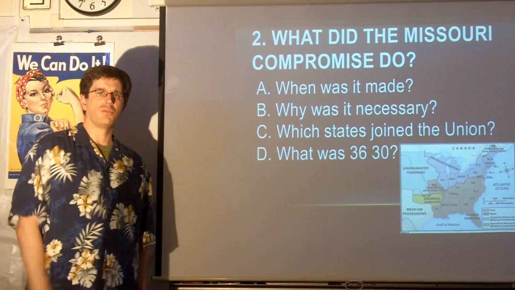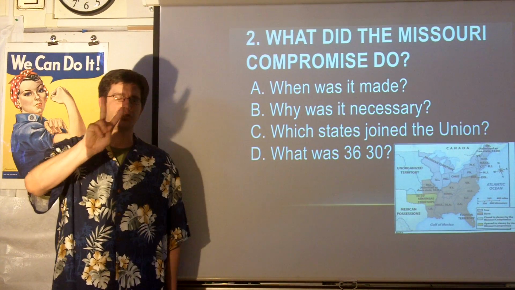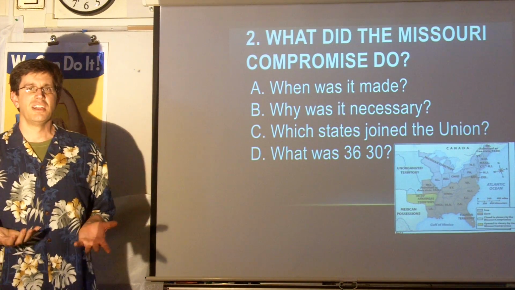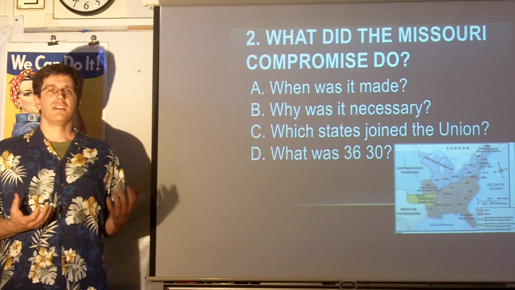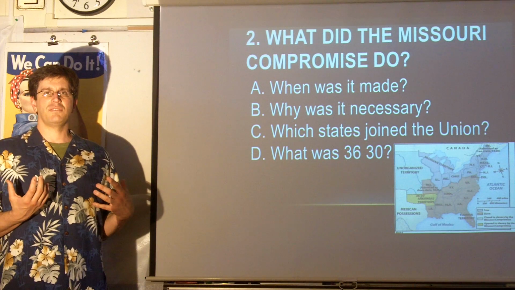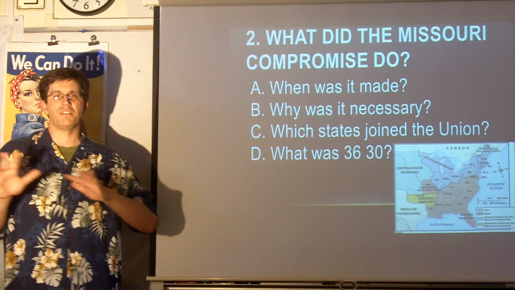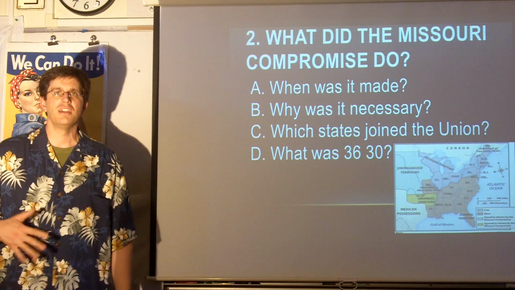This is Unit 4, Week 1, question number 2. What was the Missouri Compromise? The Missouri Compromise was made in 1820. It was an attempt to decide forevermore where there would be slavery and where there would not be in the